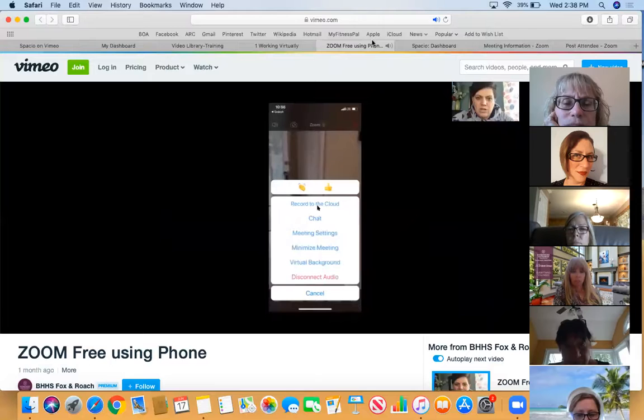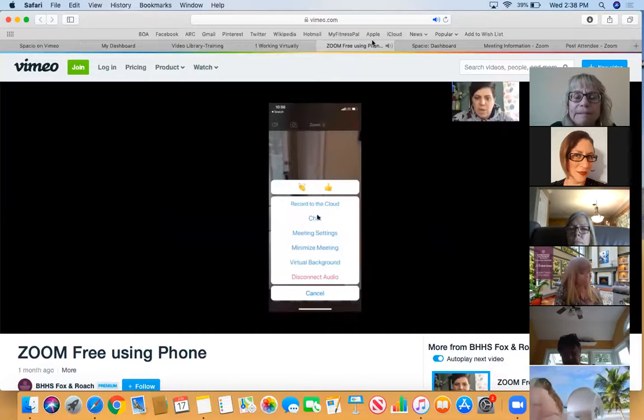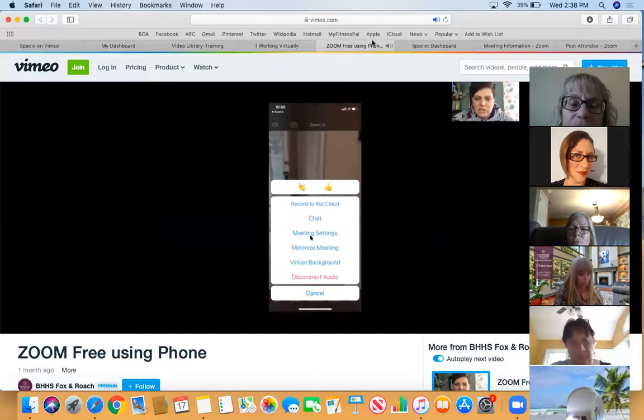So you can choose to record this to the cloud, okay, which means it'll be on the Zoom account. You could chat, open up a chat box so people can chat with you. Here are your meeting settings. You can minimize the meeting. You can change your virtual background and disconnect the audio, okay? Now,